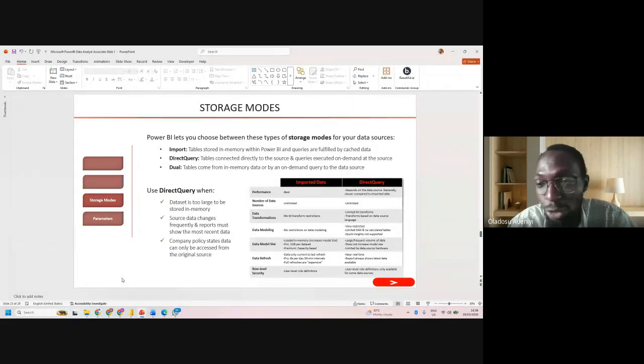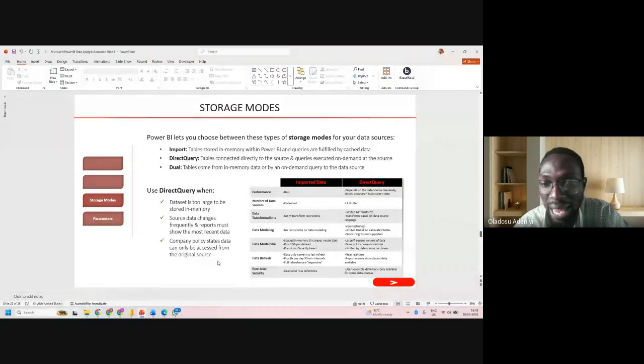I've seen a company database of over 500,000, from 2002, guys. So it can be very slow. So the best thing is to always use import, and then you can select only the information you need from your Power Query.